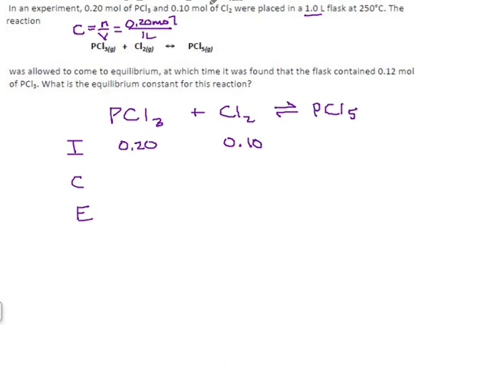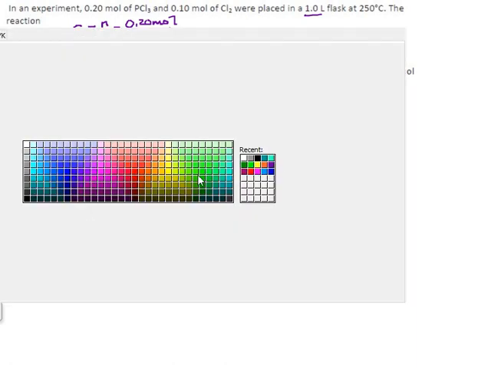They say those things were put in a flask. Probably there was no PCl5 in the flask at first, so we'll leave that as 0. And so they put those amounts in the container, and then they go for lunch, and when they come back, they find the flask contained 0.12 moles of PCl3. 0.12. Okay, so,